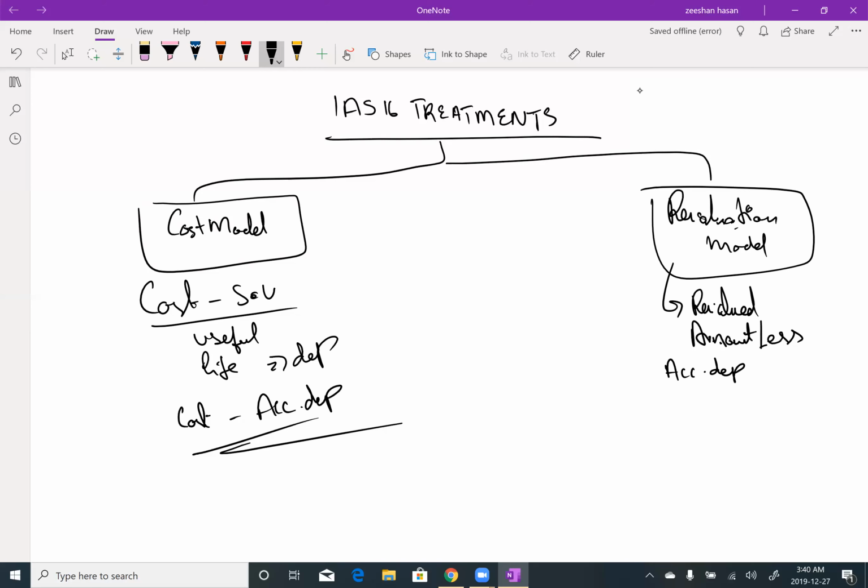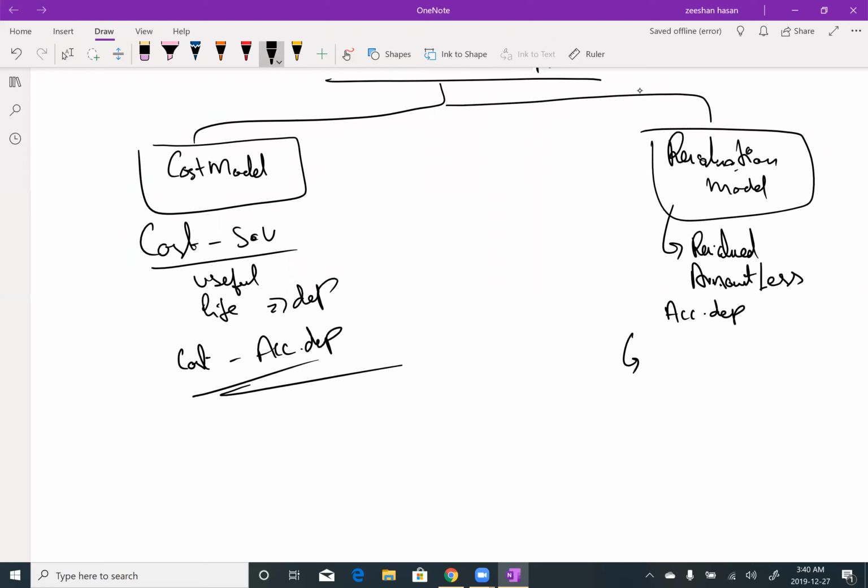All right. Therefore, if we apply revaluation model, we need to ensure that asset market value is materially not different, and for that IAS 16 suggests to regularly review the market values of the asset, and